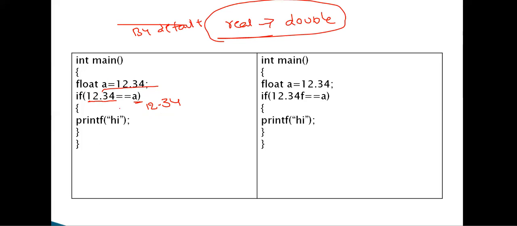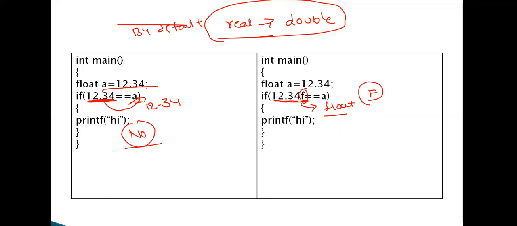So here what we are doing? We are comparing a double value with a float value. Is it true? Because there is a change in the precision, a double value is always not equal to a float value. So here the condition is false. No output is printed. After a real value, if you are placing f, then only it becomes a floating number. You got it? If you are not placing any f, that is a double value. If you are placing f, either small f or capital F, then it becomes a float value.